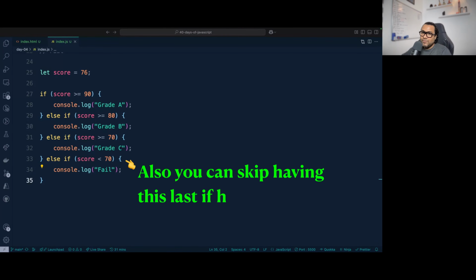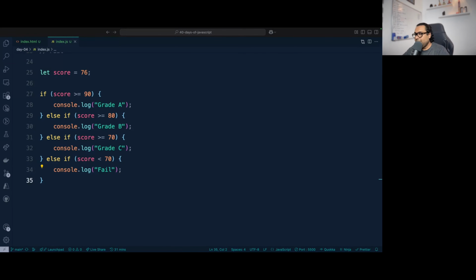So sir, now you will tell me that with independent if also I achieve the same thing, and with if else also I am achieving the same thing. So can I use them as per my wish? Like I can use independent if, or I can use if else if. You can ask me, because we have achieved exactly the same thing. We also saw the sequence of things was the same.